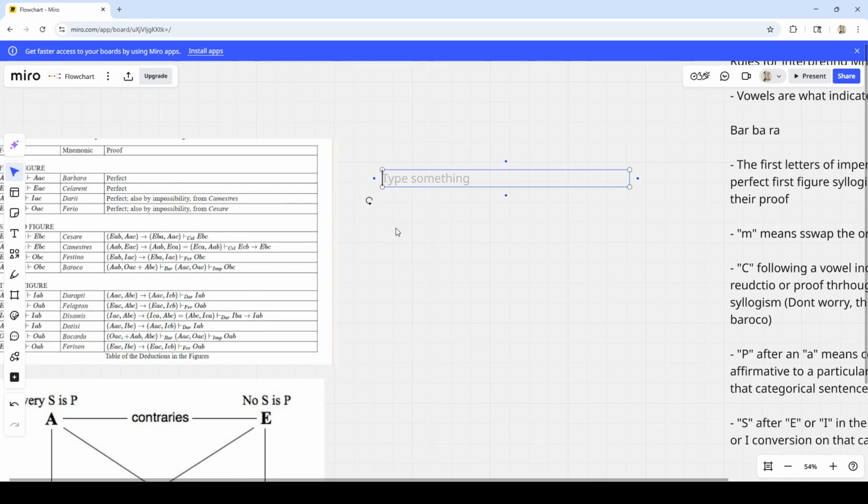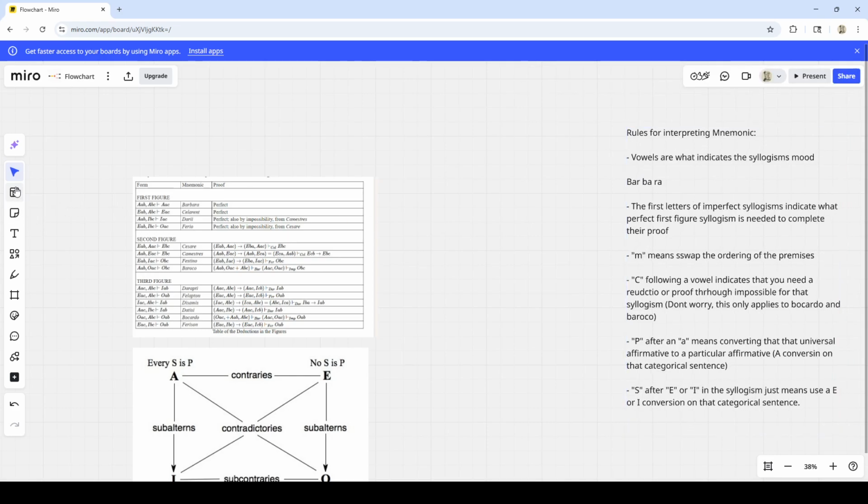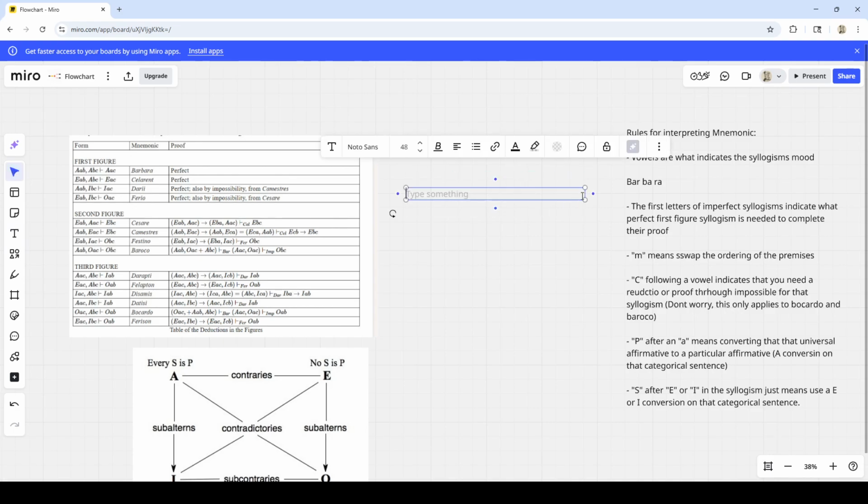I hope you guys can see that. Can I move this thing so it's closer so you guys can see it? Okay, I think I'm gonna have to make this a little bit bigger. There you go, that's more visual. Okay, so the syllogism here is AAB, EAC, and then therefore